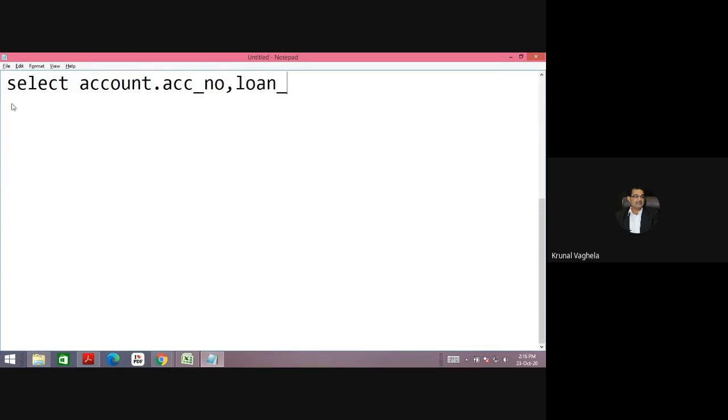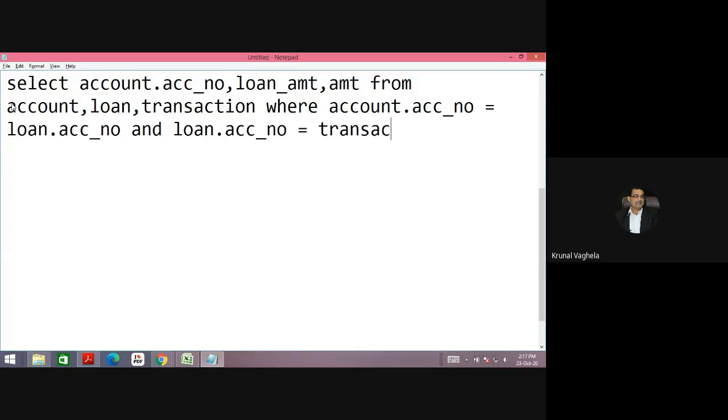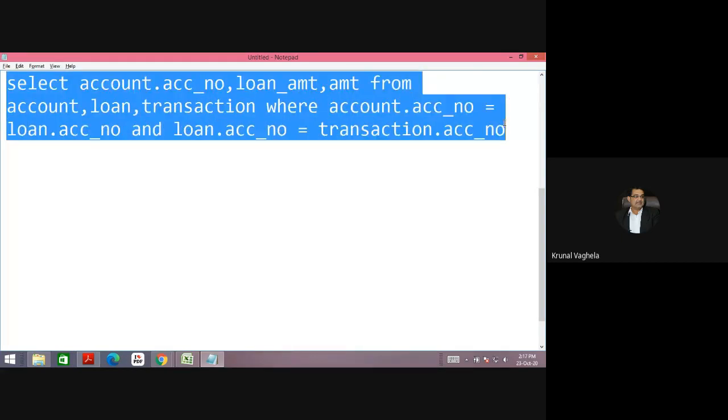Then the second one is loan amount, and the third one is transaction amount, this is AMT, from account, loan, and transaction where account dot ACC underscore number is equal to loan dot ACC underscore number and loan dot ACC underscore number is equal to transaction dot ACC underscore number. This will be the query.